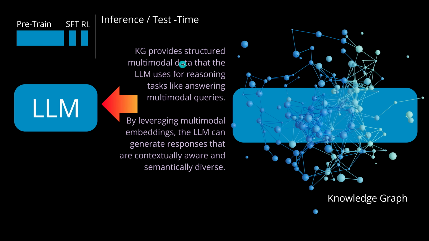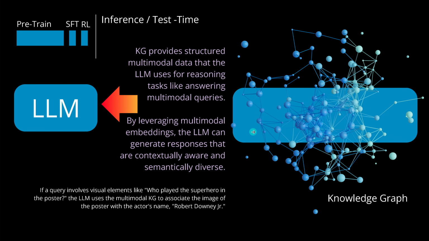Because the knowledge graph now provides structured multimodal data that the LLM can use for a reasoning task like answering multimodal queries. Just give an image to an LLM and say, hey, identify the following people and tell me what they're doing and whatever. And this is now possible with this particular knowledge graph implementation. So by leveraging our multimodal embeddings, the LLM can now generate responses that are contextually aware and semantically diverse enough. Beautiful implementation, but I don't want to focus on the second paper because there is, yes, you guessed it,